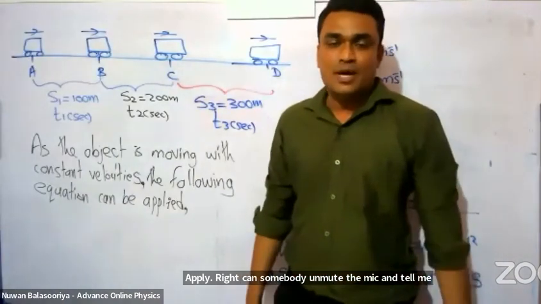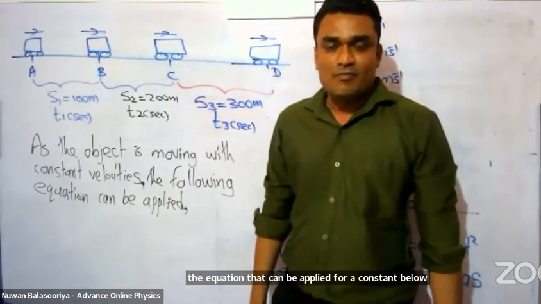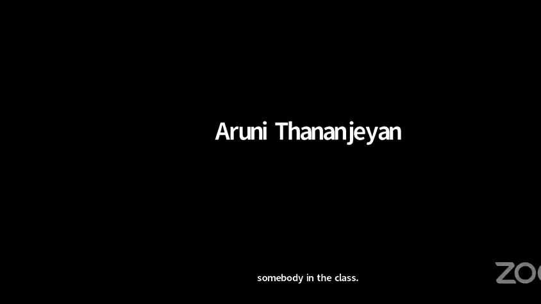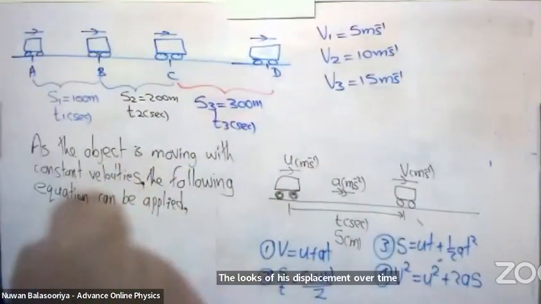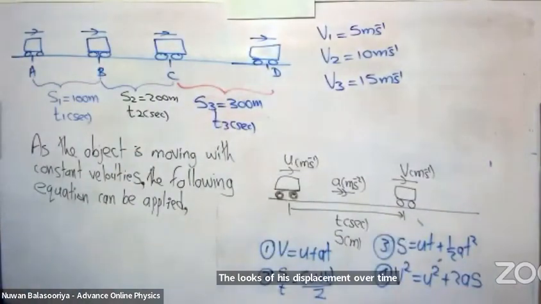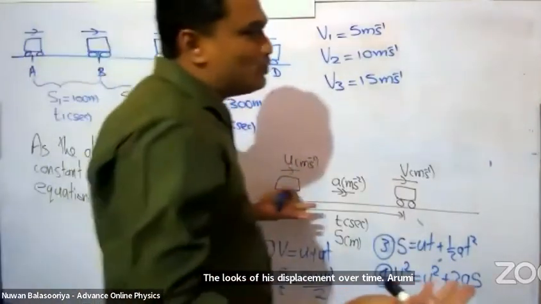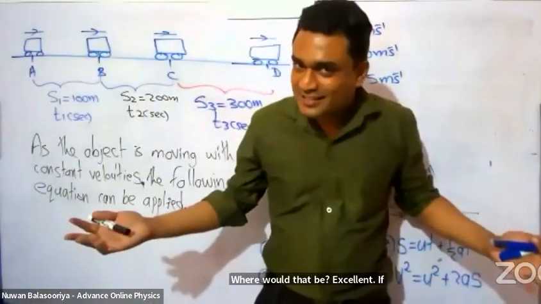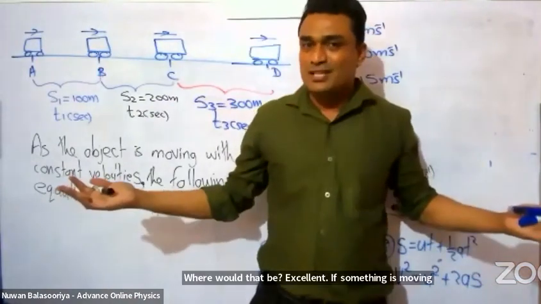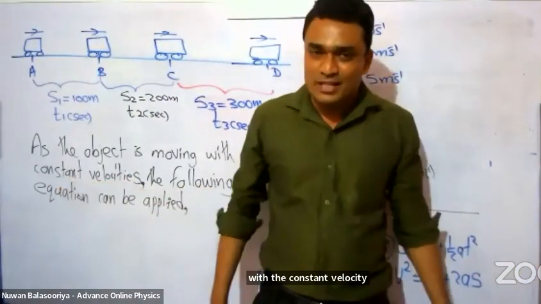Somebody in the class, Lamai? Velocity equals displacement over time. Very good, excellent. What's your name here? Aruni. Very good, Aruni, excellent. If something is moving with a constant velocity, no change in velocity, therefore we can use the equation velocity equals